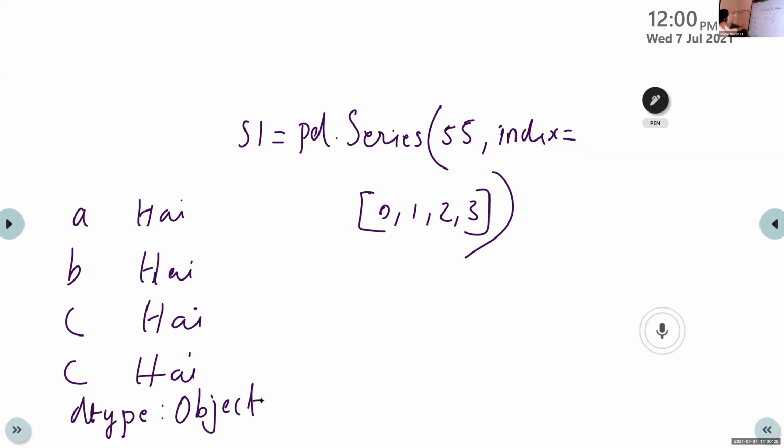I want to display the output like this: A, B, C, D, and all the data values are hi. How will we represent this?